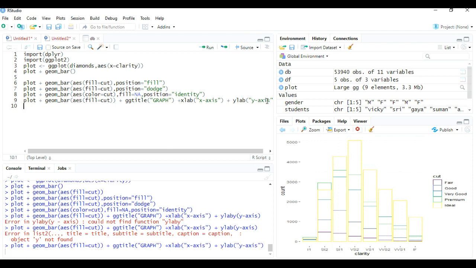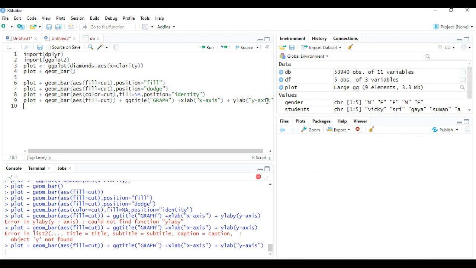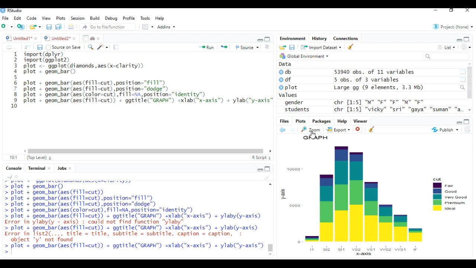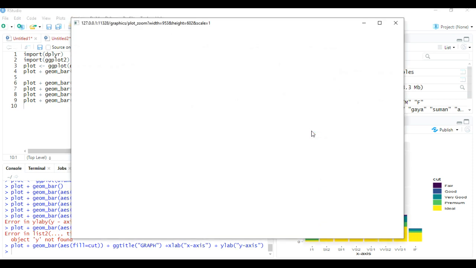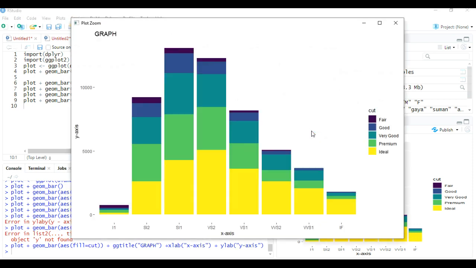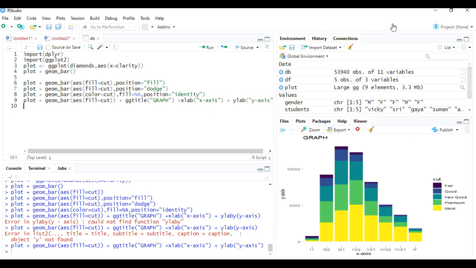Just run this line and see the output. It's taking some time. Okay, yeah, I'm going to zoom this graph. As you see, we got a title as graph, the x-axis and the y-axis. So we're done with our title, how to give a title to our graph.